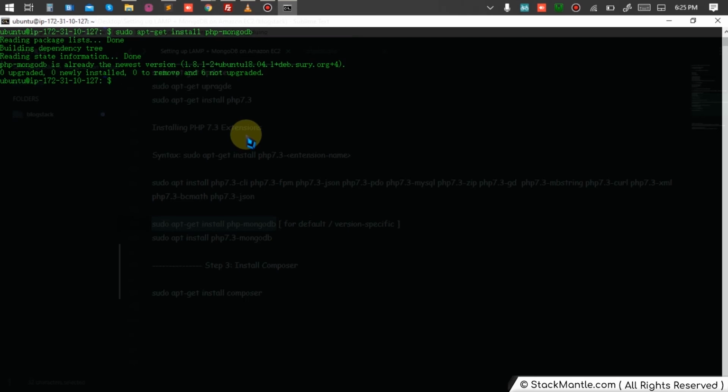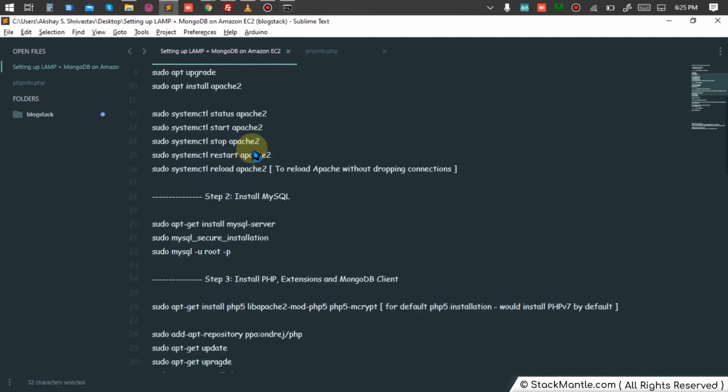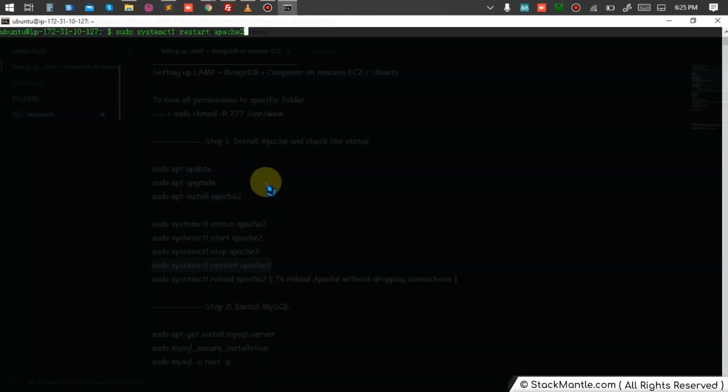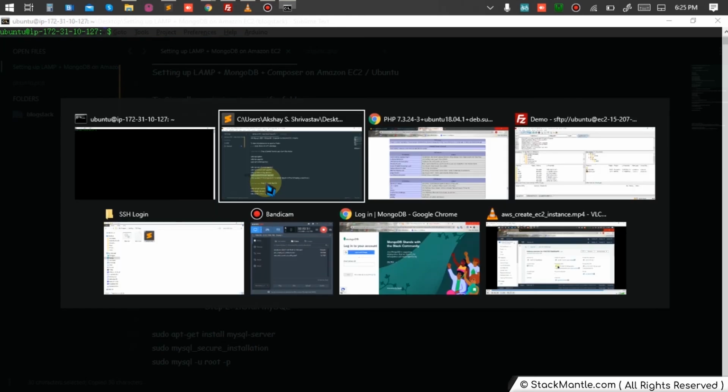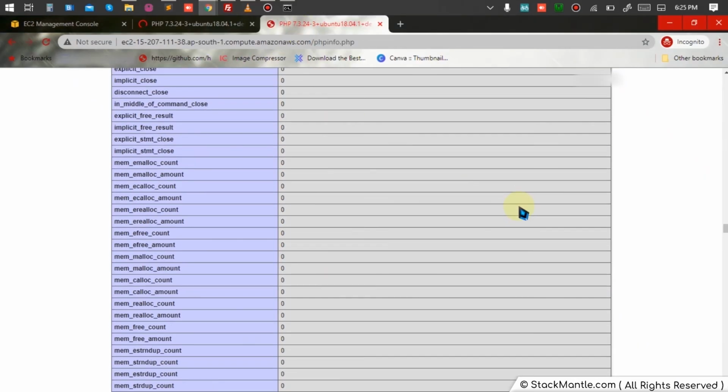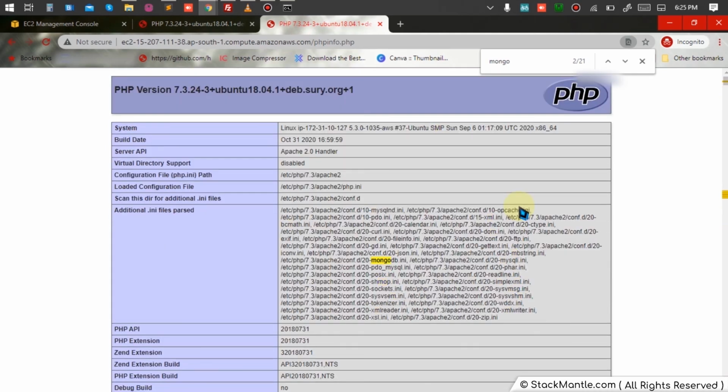It says there is nothing to install. So I'm just going to restart my Apache server. Okay, it has restarted, and I'll check if the driver is installed now. I hope it should be. Yeah, it is installed now.